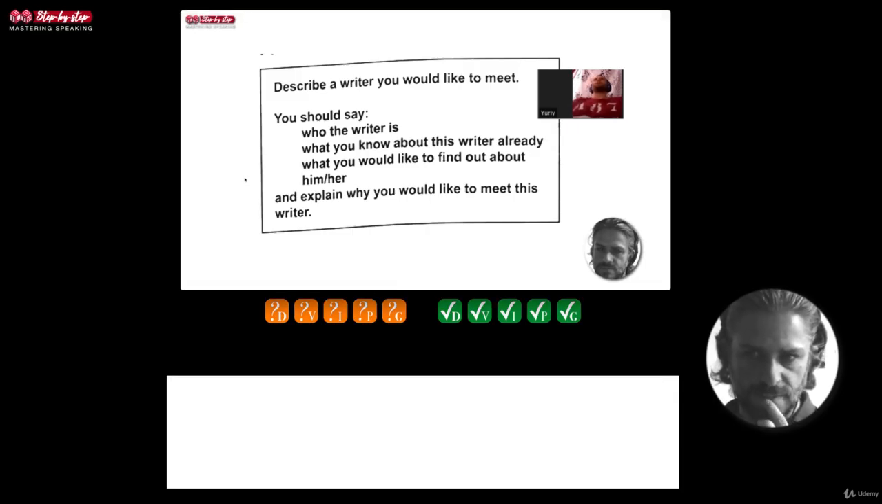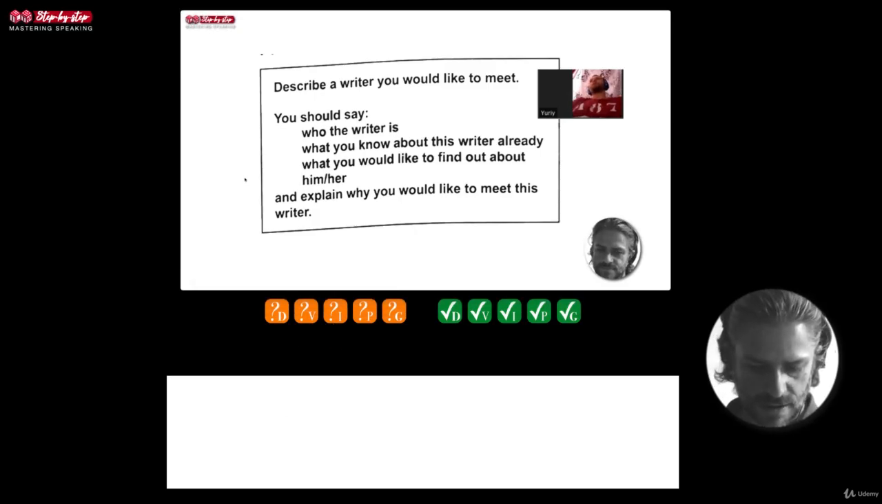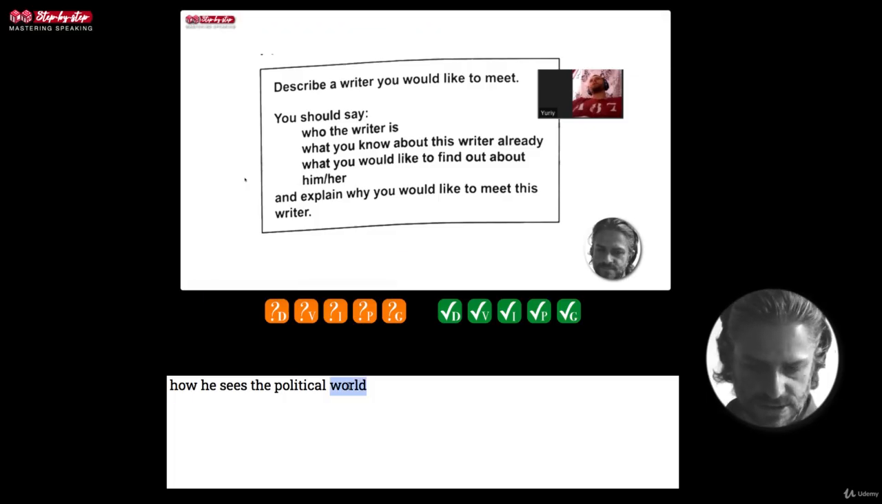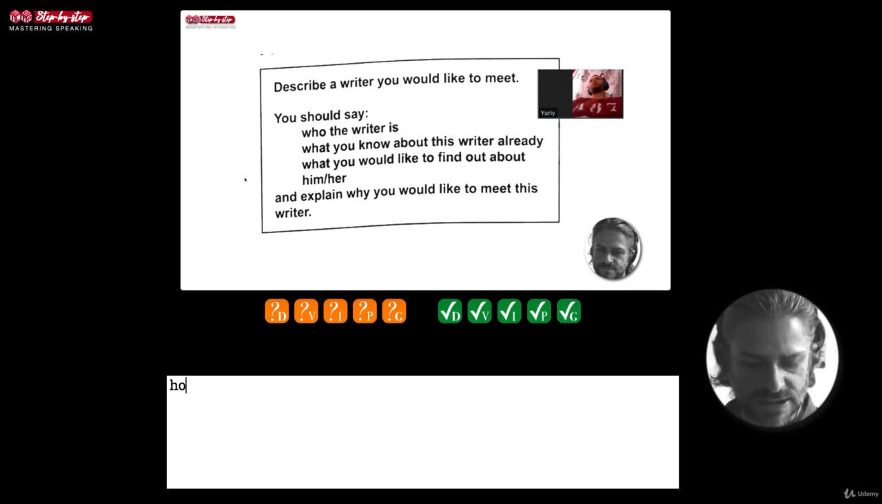Religion, about how he sees the political world. Ukraine is going through some interesting times politically, so we'll see what happens there. But yes, it would be interesting to find out from people that you respect: how do you feel? How do you think? How he sees the world is a nice phrase. Okay, I'd love to know how he sees the world in terms of